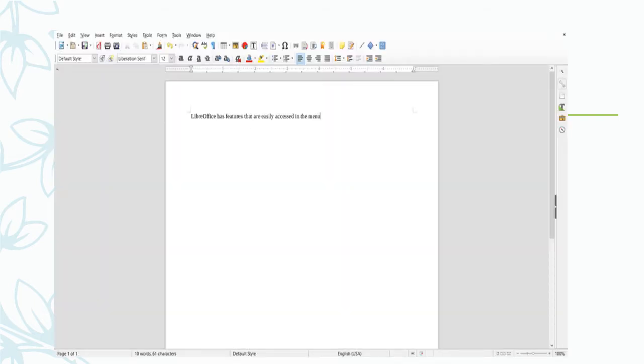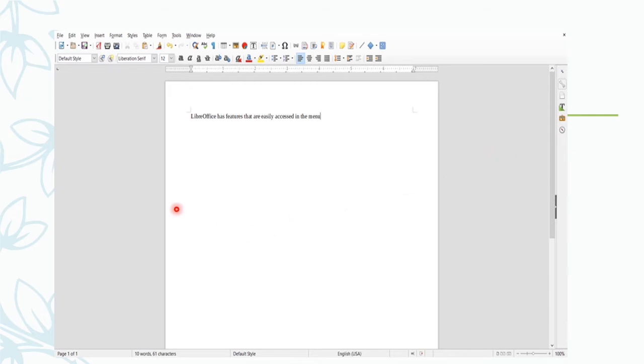See, this is the screen of LibreOffice Writer. What we have seen in MS Word is totally different from LibreOffice Writer. Here the options, menus, and tabs are totally different from Microsoft Office Word.